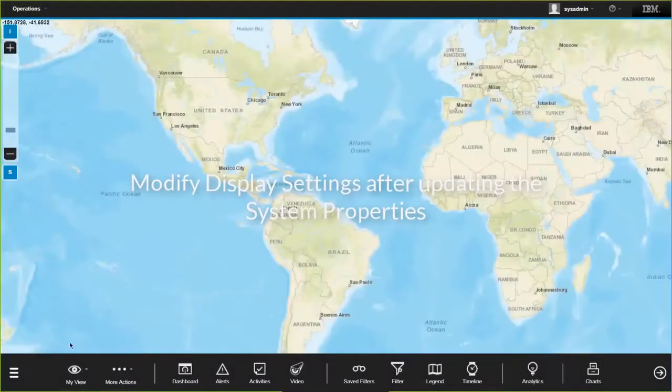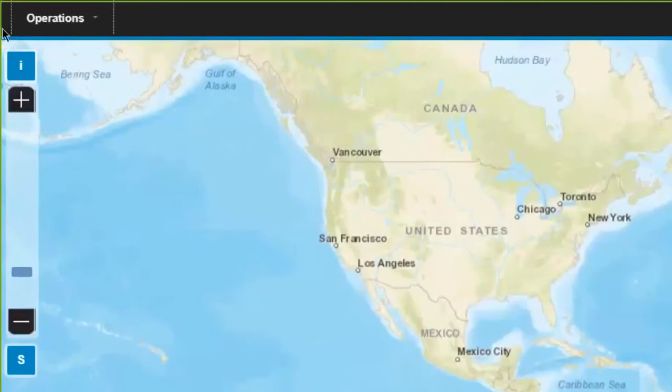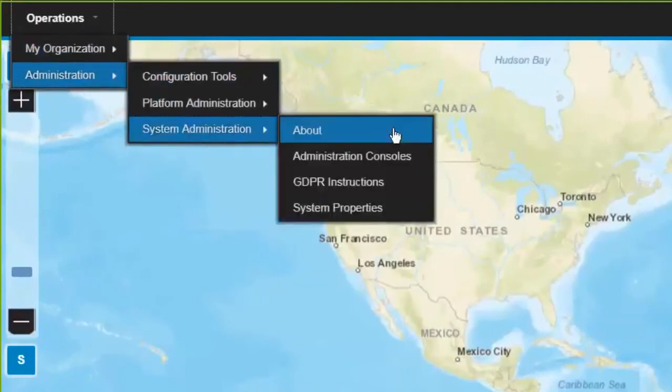How to modify display settings after updating the system properties. Once you log into your IOC, you would need to do the following. Go to the system properties page, which you can do on the top left menu in the operations page under